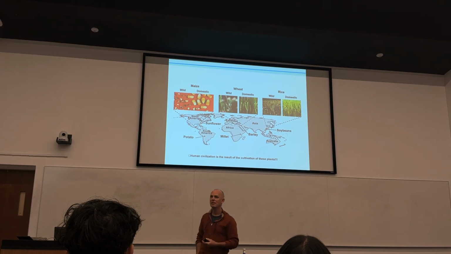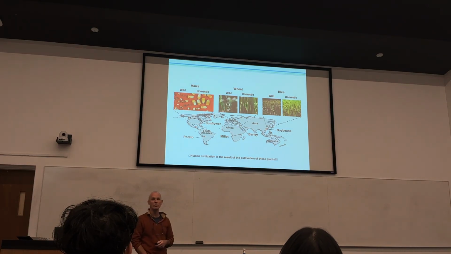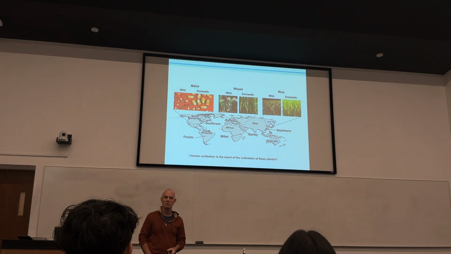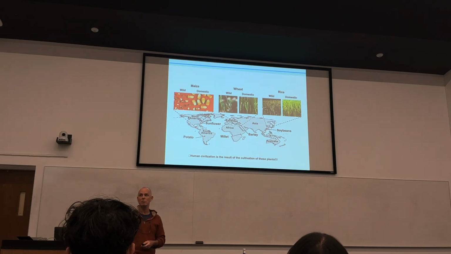All of that exists because you could grow these plants in one place, you could stay in one place, you could make enough food to get through the year. Because if you were depending on hunting for your source of food, you couldn't stay in one place. You had to move around. And you couldn't have 1 million people doing that. You had to be a small group. But once you could stay in one place, and you could feed thousands of people,